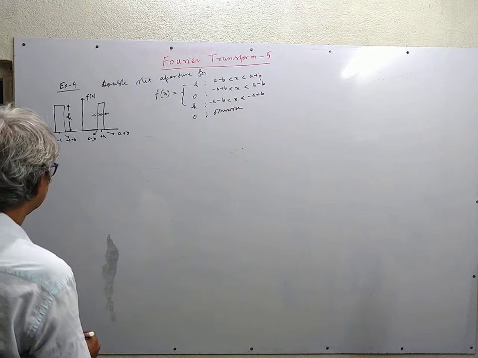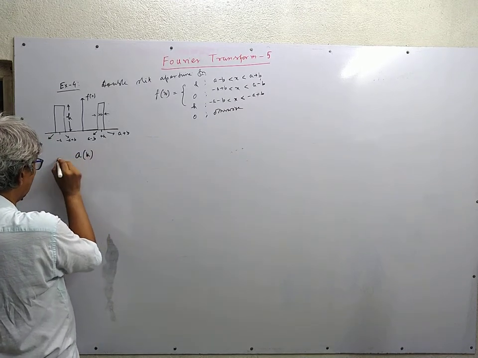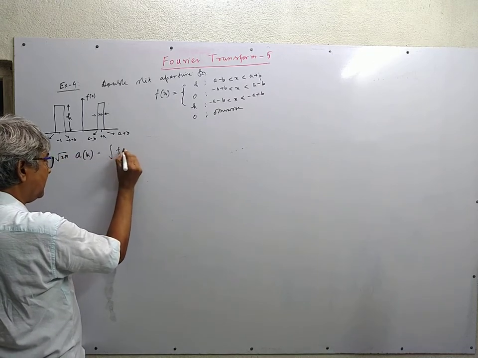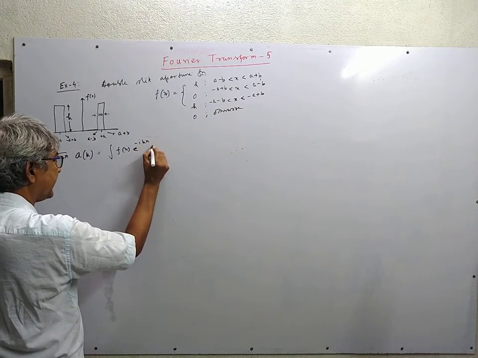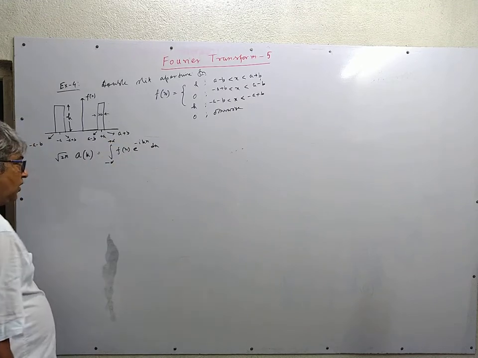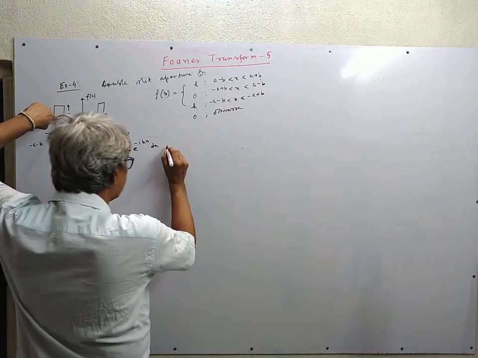So the Fourier transform of this is 1 over root 2 pi, we multiply with this, it is f of x e to the power minus ikx dx from minus infinity to plus infinity. So this will have only two contributions, one from here,